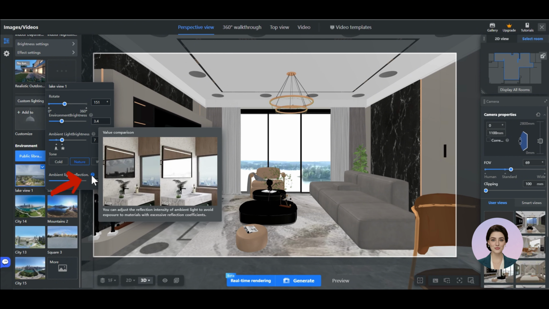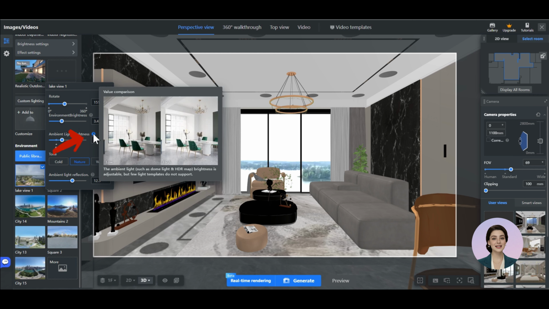Move the mouse to the question mark icon next to the parameter bar to see the effects of adjusting that